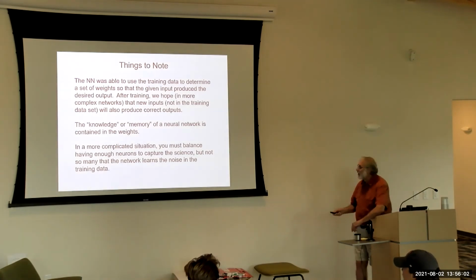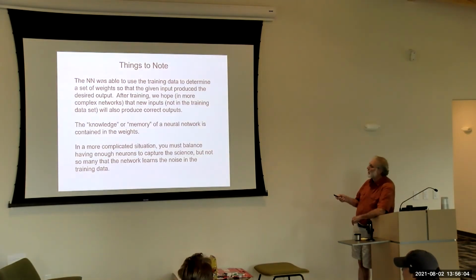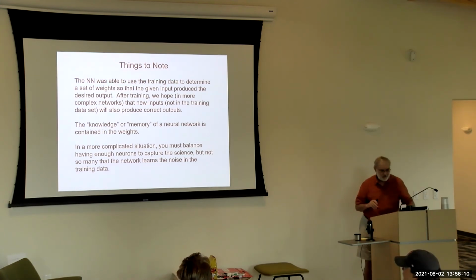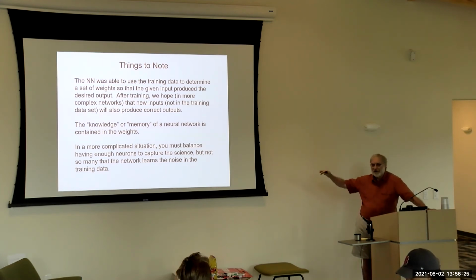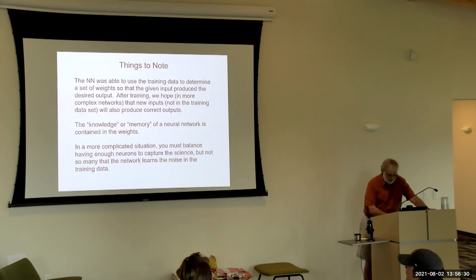Okay, so what you notice is that the neural network was able to use this training data to come up with a set of weights that produce the desired output, and that's the training. And the knowledge or the memory of the neural network is contained in the weights. Now, if you have a real world problem, you're never going to get perfect predictions of chlorophyll. What you do is,